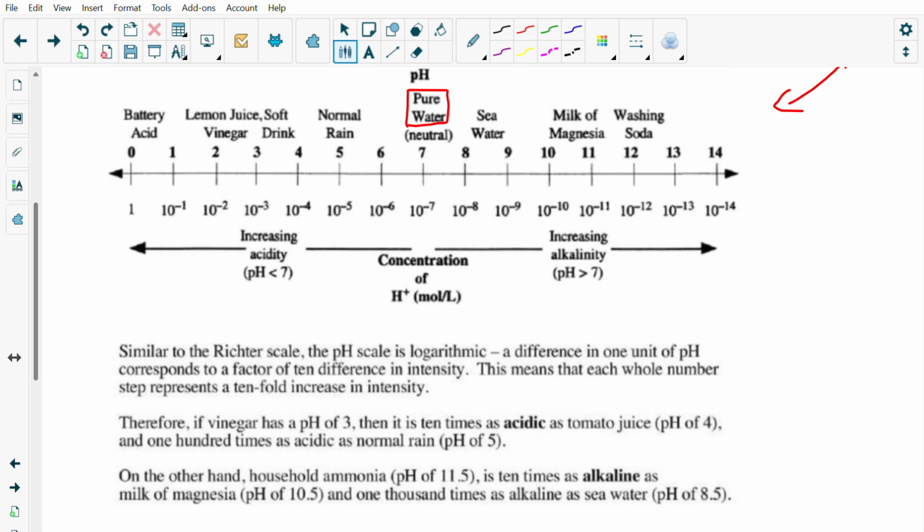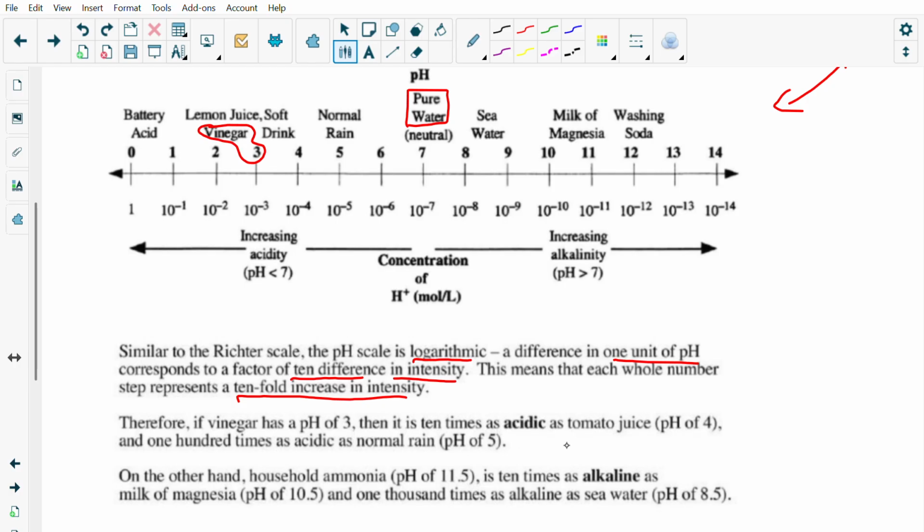Similar to the Richter scale, the pH scale is logarithmic. A difference in 1 unit of pH corresponds to a factor of 10 difference in intensity. This means that each whole number step represents a tenfold increase in intensity. Therefore, vinegar has a pH of 3. Where's vinegar? Right here. pH of 3. So if vinegar has a pH of 3,